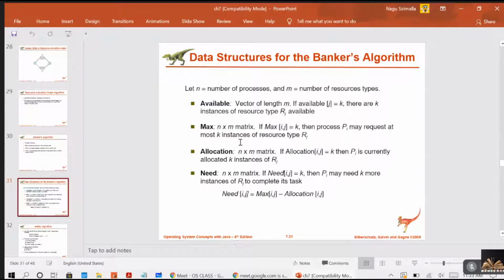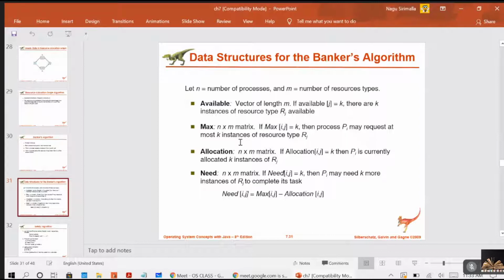I told you 5 points. If you can make a note of it, it is better. One is, first, declare the maximum number of resources a process requires. Second, what it is requesting should not exceed the total. Max should not exceed the total. Remember, right? And then when a process is requesting some set of resources, check whether by allocating them it is leaving the system in the safe state or not.